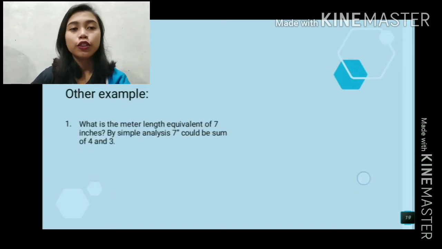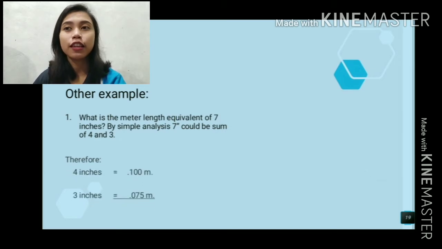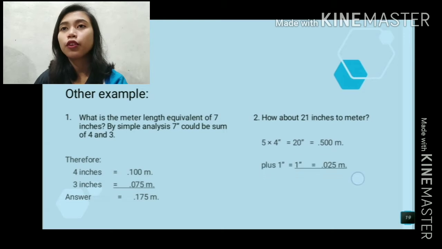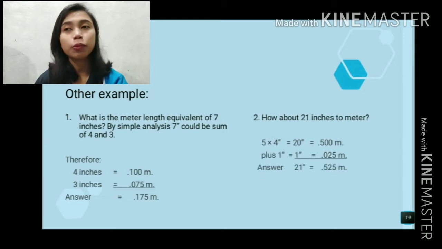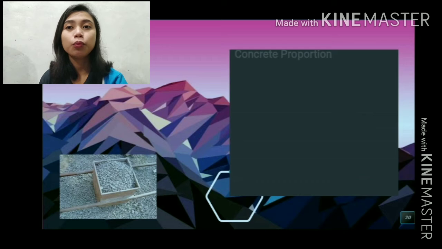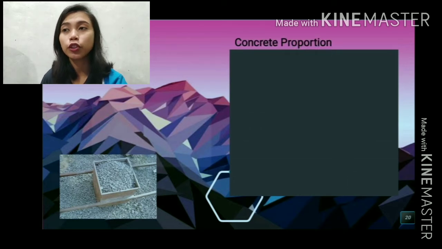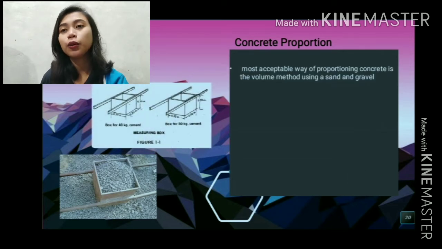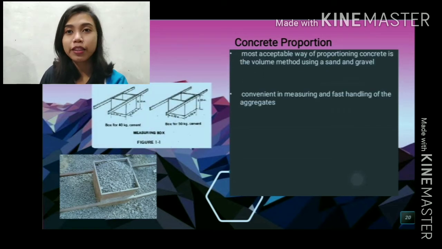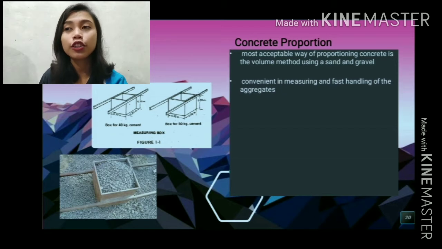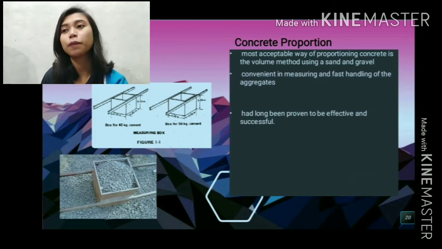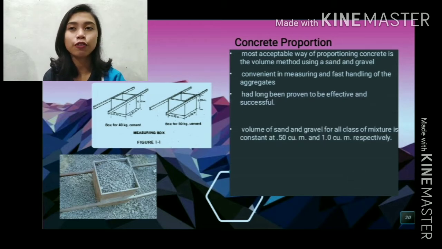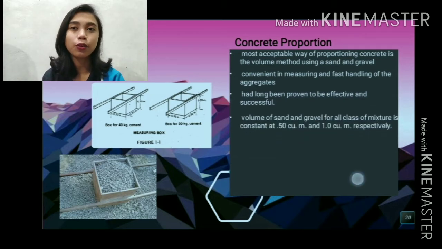To memorize the values given in Table 1, which is the conversion from inches to meters, could take too much time and is not a practical approach in estimating. So a simple guide will be adopted so that one could easily determine the equivalent values from English to metric or vice versa. Proportioning concrete mixture is done in 2 different ways, which is by weight or by volume